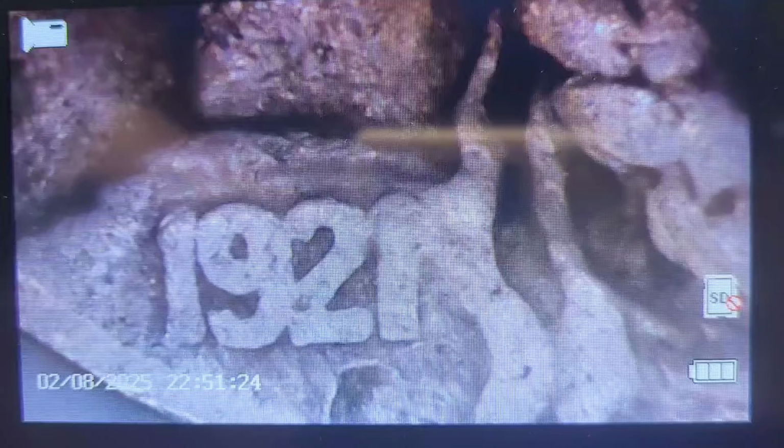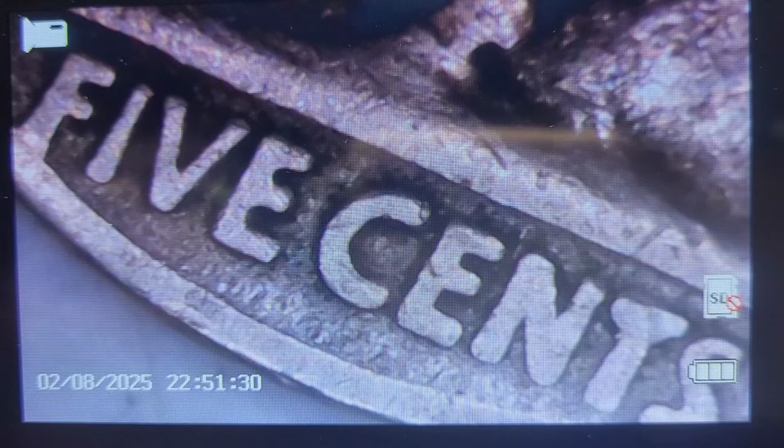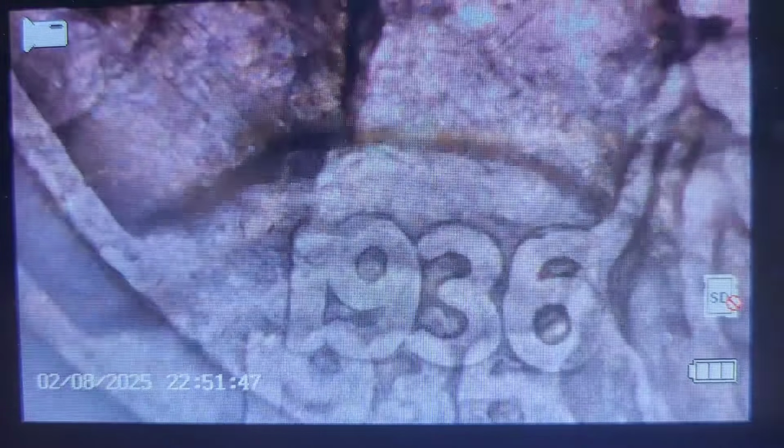21. 21P? What's this one? 21P. Ooh. 10 million minted. That's better value too. Sweet. 36. Okay. So we found